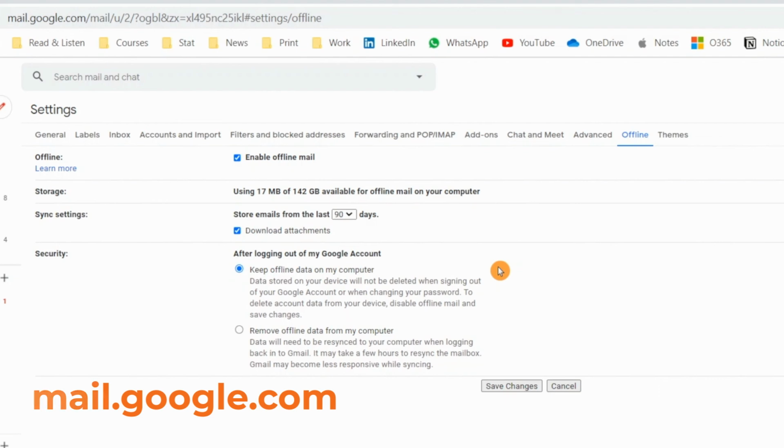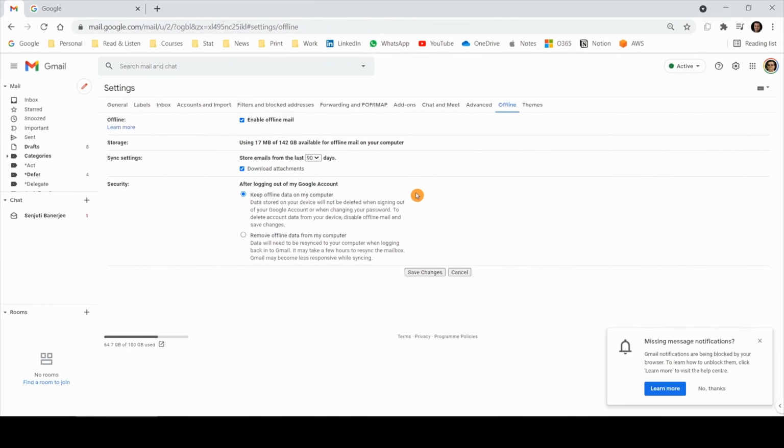So this will be an excellent option. Maybe you are going to travel somewhere where you are expecting that internet access will not be there, and you want to clear up some of the emails in your free time. In those kinds of situations, this option can be very, very useful. So use it as per your requirement. This is bonus tip number 1.